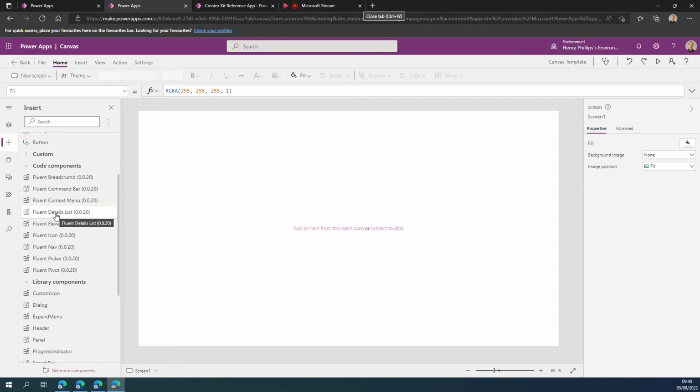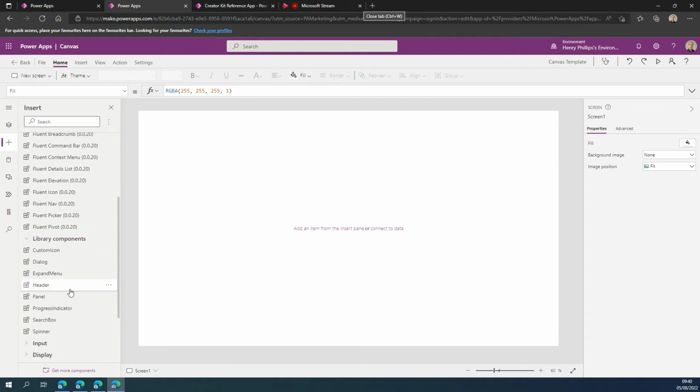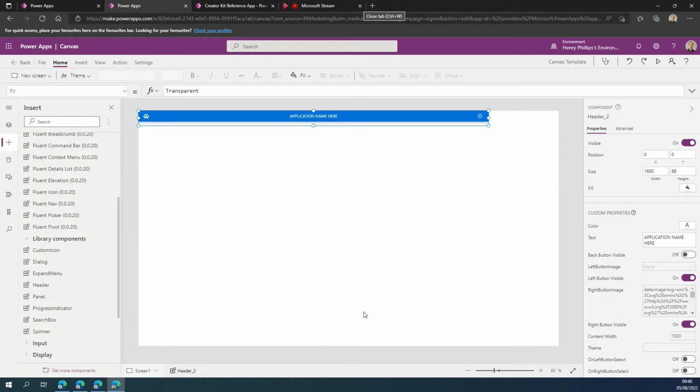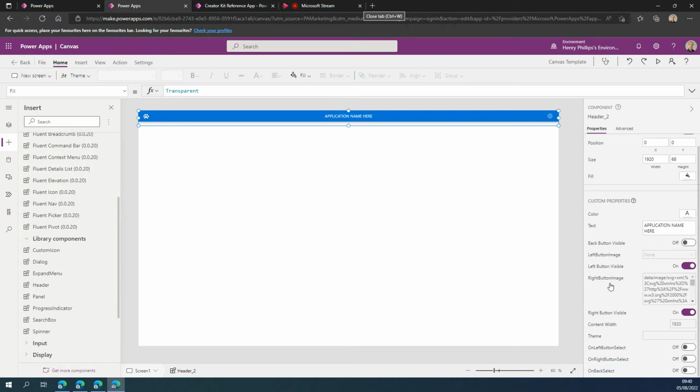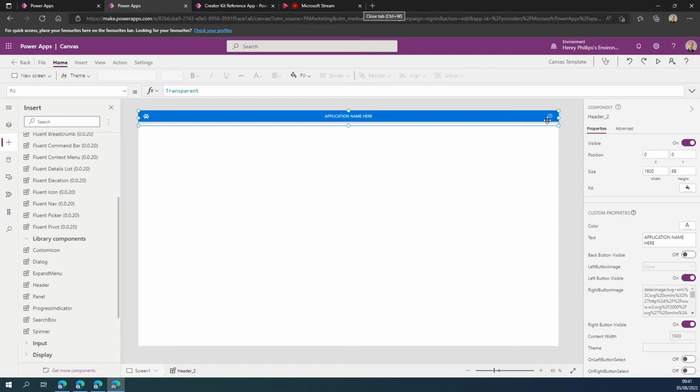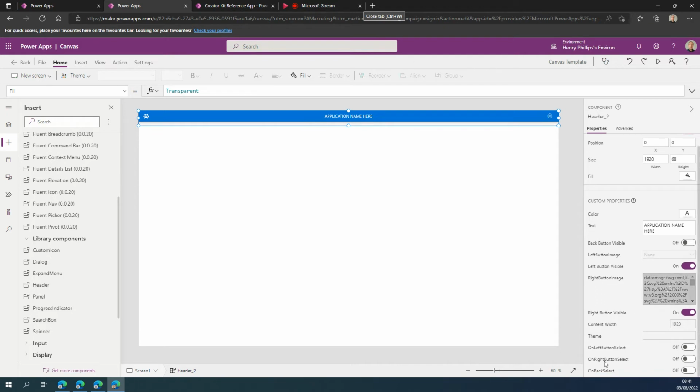So coming back under library components, I like to add in the header. Now, the really good thing about header that I like is that it's automatically got built-in back buttons. The cog I tend to use to navigate to maybe an admin configuration page. So on the header point, there's on left button, on back select. So if you toggle that to true,